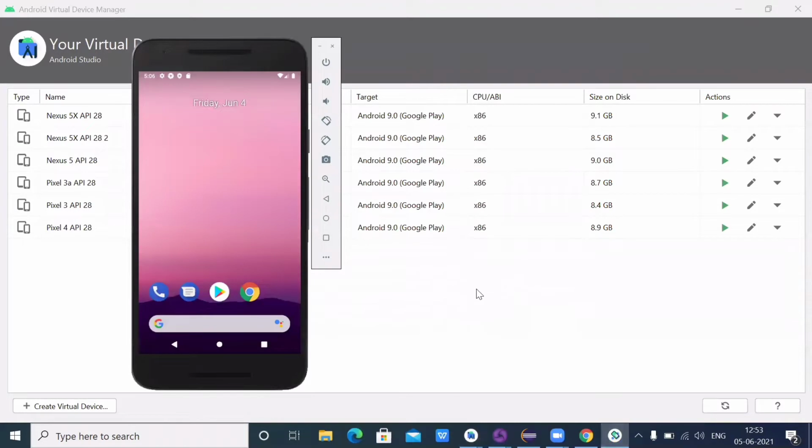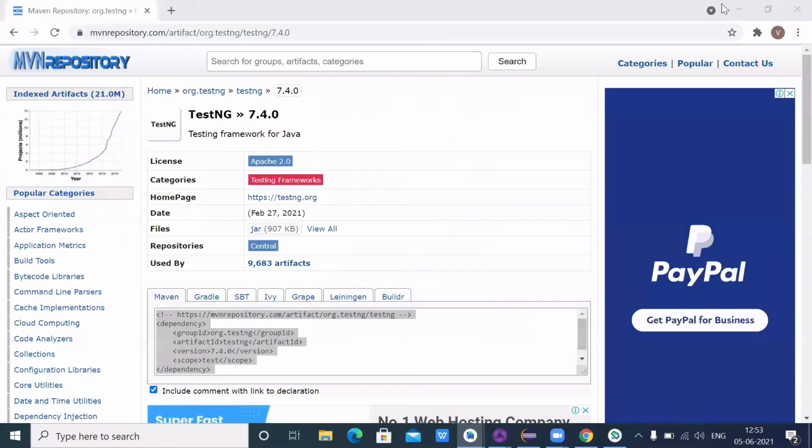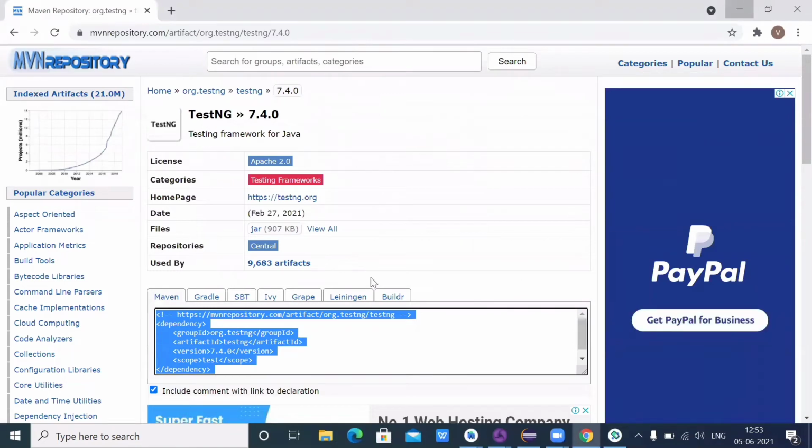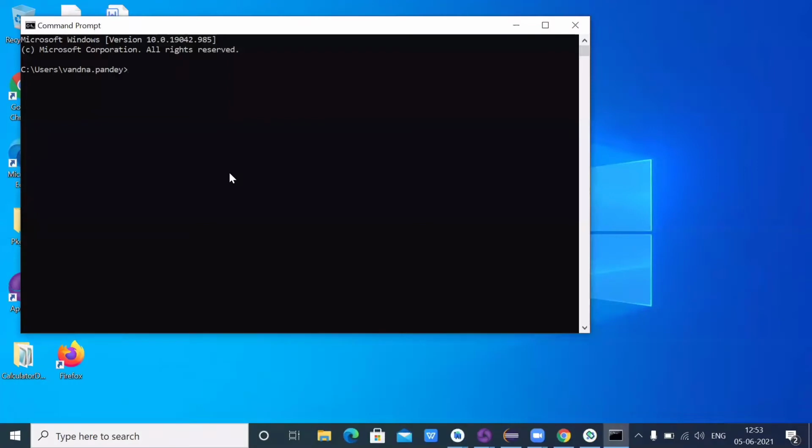Now it is loaded, and I want to confirm whether the emulator is launching correctly or not. For this, I will go to my CMD and type the adb devices command and hit enter.